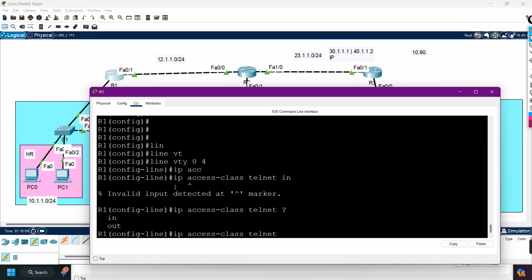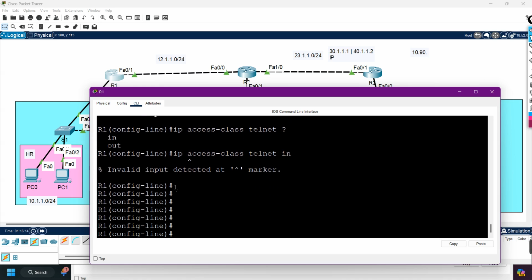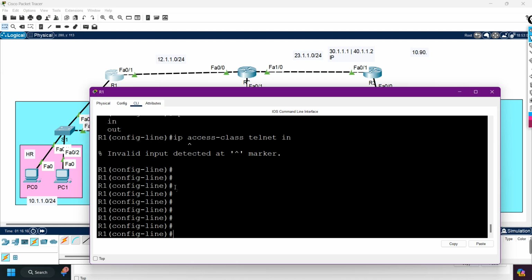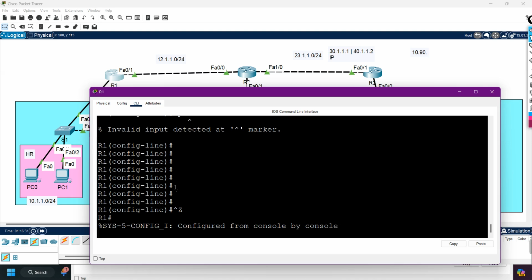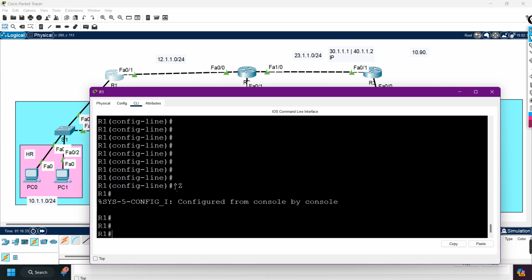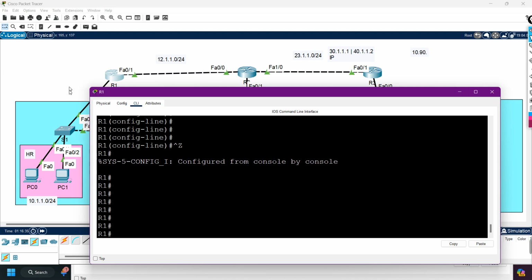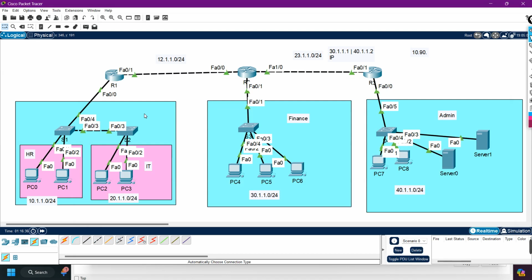Again it's not working. You can run this command in GNS3, right? So we can use standard ACL for this purpose, right? Whenever we are matching only the source address, in that scenario we can use standard ACL, but whenever we need to match source, destination, protocol, port number, in that scenario we will use extended ACL. Now tomorrow I will use ACL to